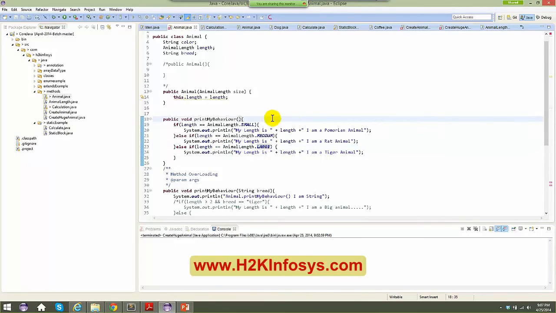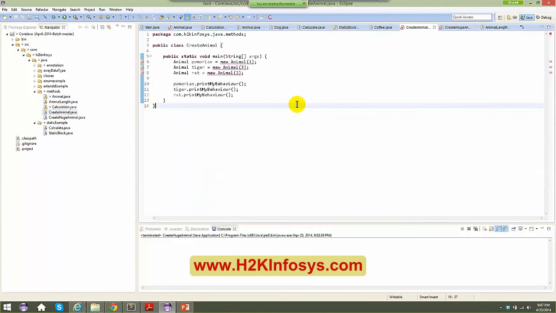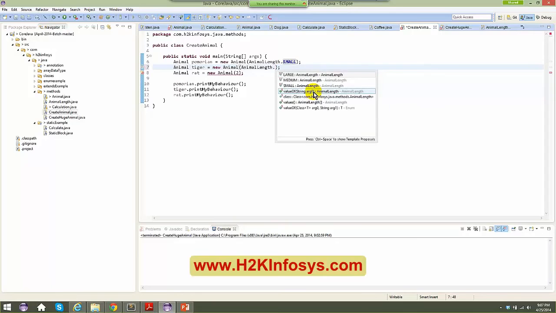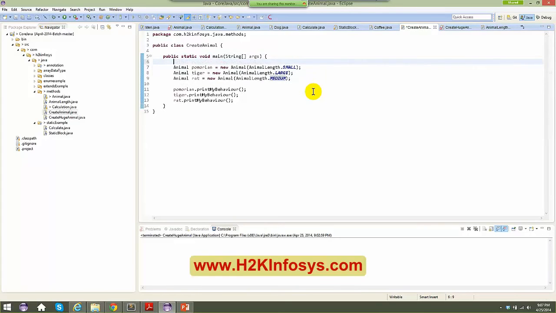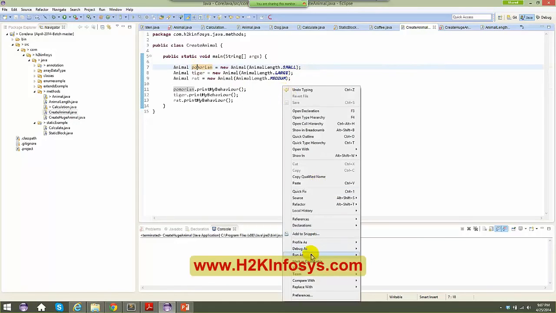Now let's go back to the create animal. In the create animal, what are you supposed to pass? You cannot pass 1, 2, or 3, right? You are supposed to pass animal dot small, animal dot large, and animal dot medium. Now I created three things saying Pomeranian small. If I run this application right now, run as Java application,